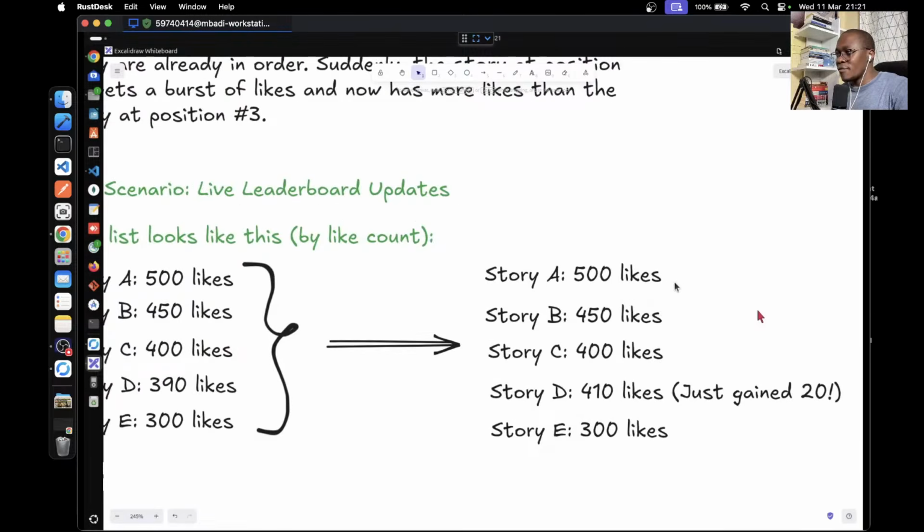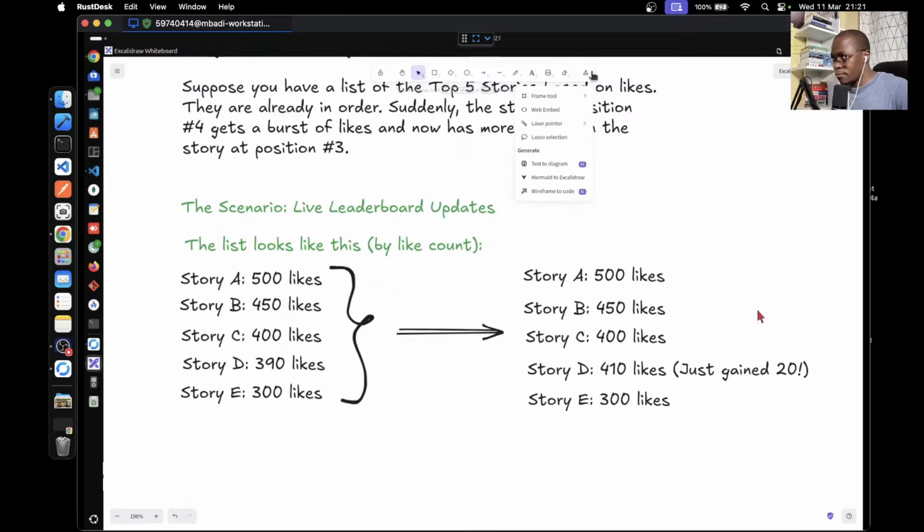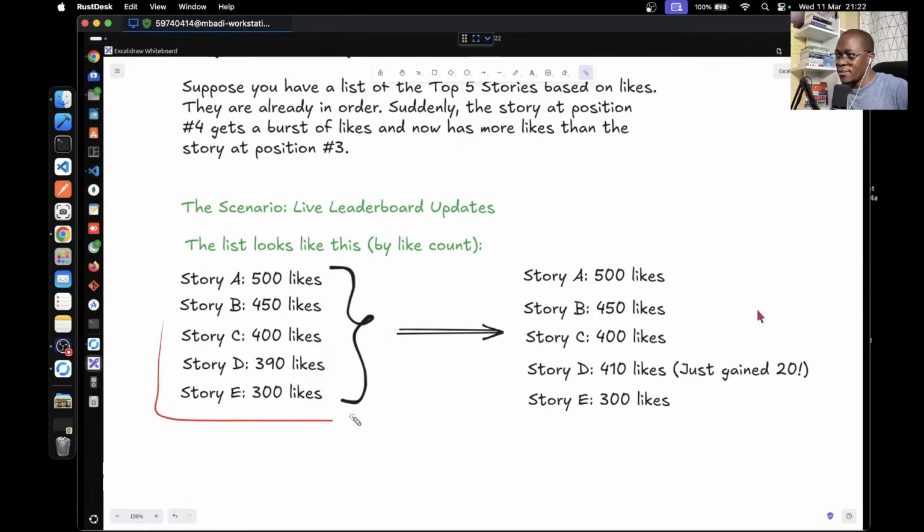So we have a list of trending stories. Story number 1 is story A, and it has 500 likes. The second position is story B, and it has 450 likes, and so on and so forth up to 300 likes. Now you see this list is already ordered.